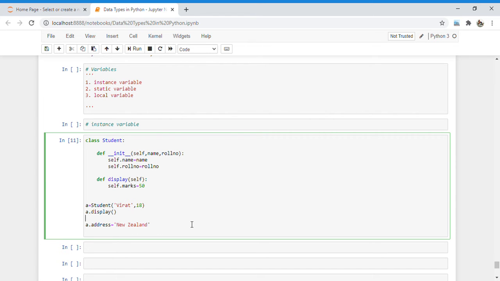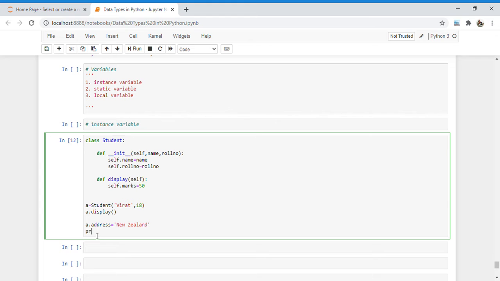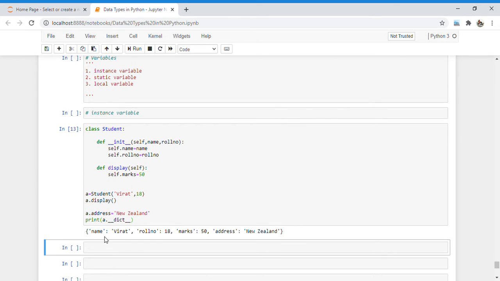If I run it, nothing is printed. Now if I want to check how many instance variables I declared here, I print a.__dict__, and if I run it, it gives me all the instance variables that I declared above: name, roll number, marks and address.